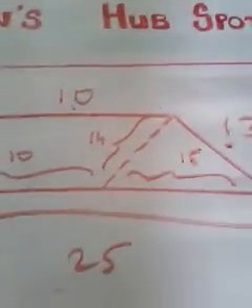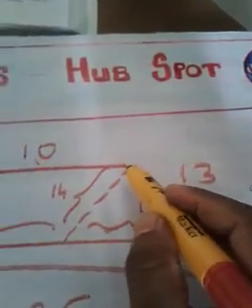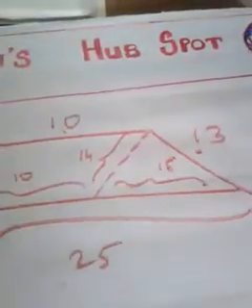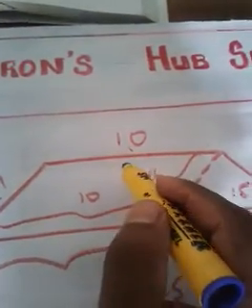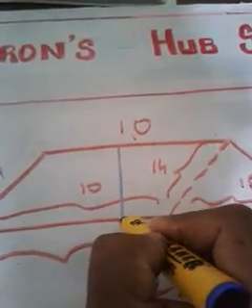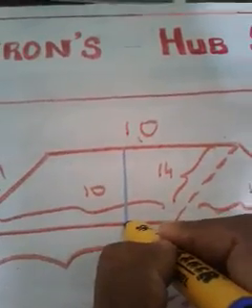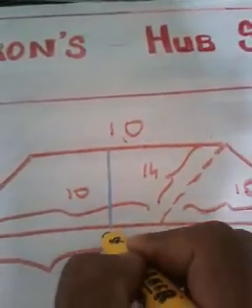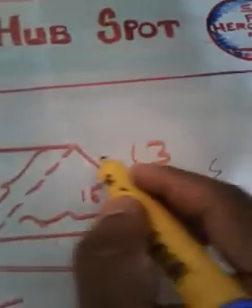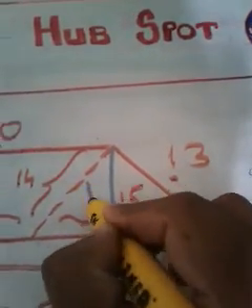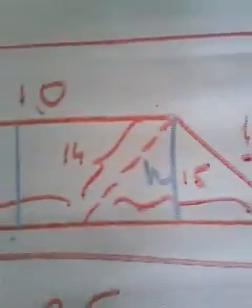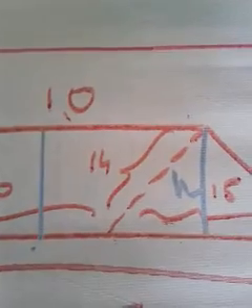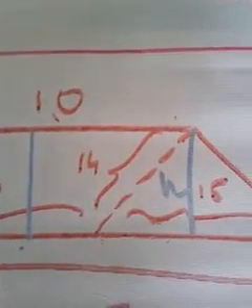But we know that from the figure it is clear that the height of the triangle and the height of the parallelogram are equal. So as I told you, in order to calculate the area of the parallelogram, we need the height because the formula is b into h. So the height of the parallelogram and the height of the triangle are equal. That means once you get the height of the triangle, you can apply the same height in the case of the parallelogram, because from the first look itself, both heights are equal, no?